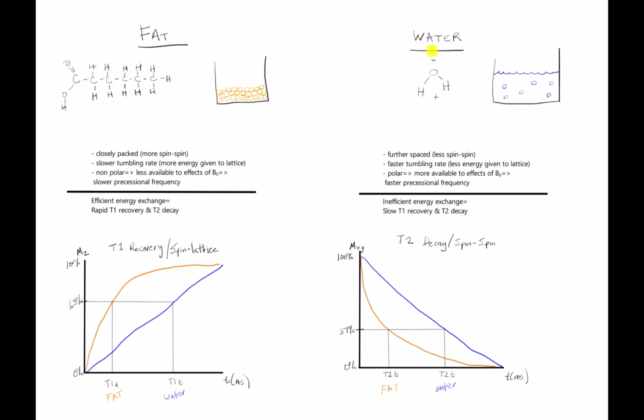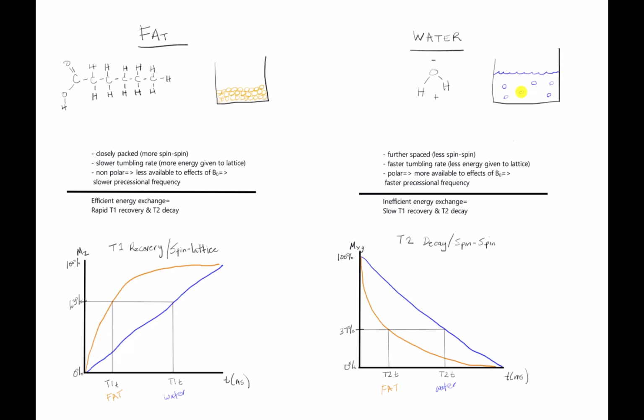Now let's compare that to water, or a water molecule. You can see that the water molecules are further spaced apart when you put it in a beaker. It is a liquid, so these molecules are further spaced apart. That means you're going to have less spin-spin interactions, which results in less dephasing of those molecules. Water also has a faster tumbling rate, which means it's going to give off less energy to the surrounding lattice